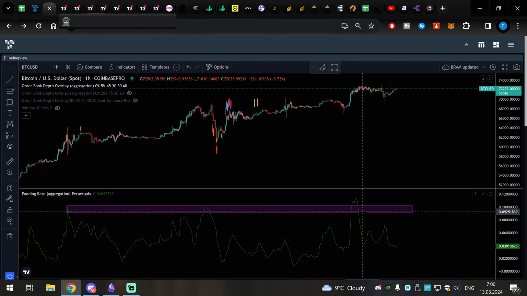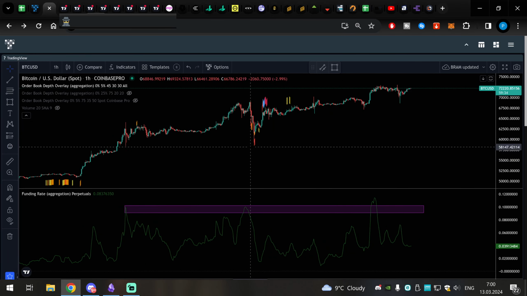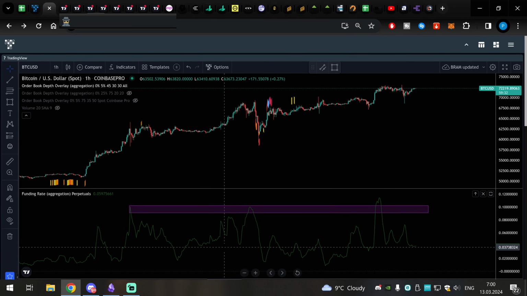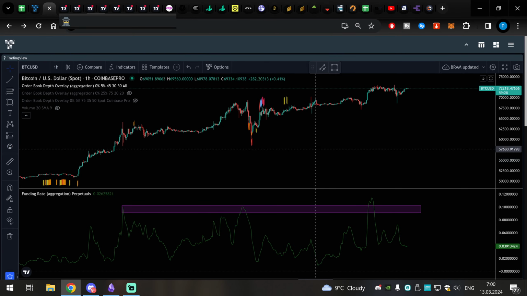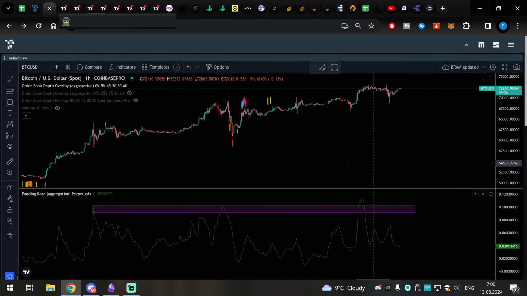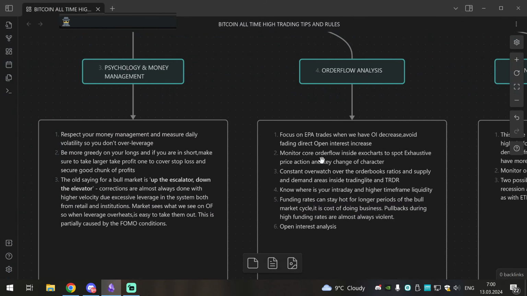You would need, if you reach this area, to go sideways, but the funding rate would need to stay sideways as well, and as you drop, it needed to be squared out. So this was a bit different scenario, but yes, you will be watching that as well. You see, your funding rate is high because it's the cost of doing business in the bull market. But watch it. The higher we go on the funding rate, the more violent the pullback. So this is a rule which is repeating from the statistics.